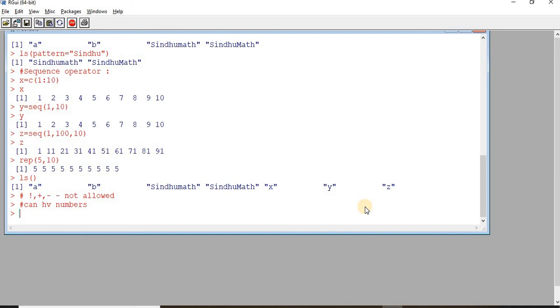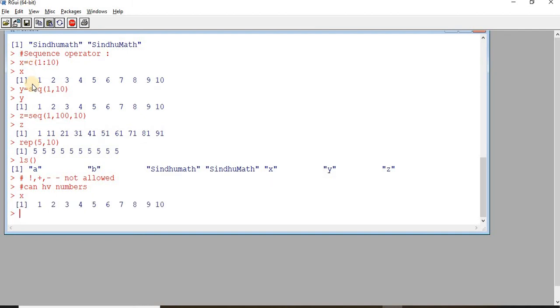Now coming to the next part. We have created vectors using this C. So this C is a concatenation function that we'll be quite frequently using. Now let us see an expression. We already have created this object X. So X holds the values 1 to 10.